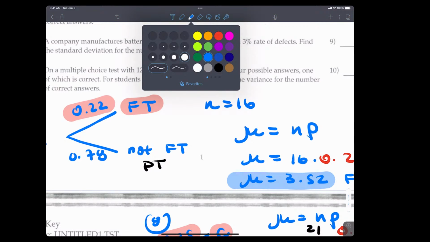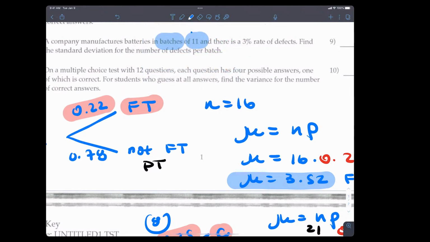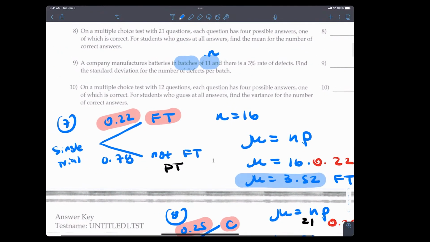So it's a batch of 11, that's N. Whenever they make a cookie batch, well, this is a batch of batteries. And then they say there's a 3% defect rate. So once I see 3% defect rate, the probability of an individual battery being defective is 0.03. That means the probability of being working, or okay,